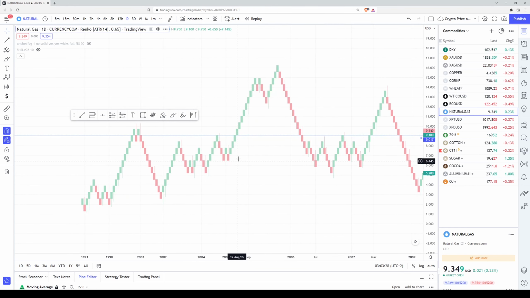So what happens is that price is visualized for every specific increase or decrease of a specific step. So here you can see for natural gas, this is automatically calculated, but you see that for every 65 cents, a price or a bar is moved on the upside, and also when it goes down, also for every 65 cent, there is one next bar that is filled in, which is completely red. So in other words, for every 65 cents, price decreases and decreases and decreases, and there is a specific bar